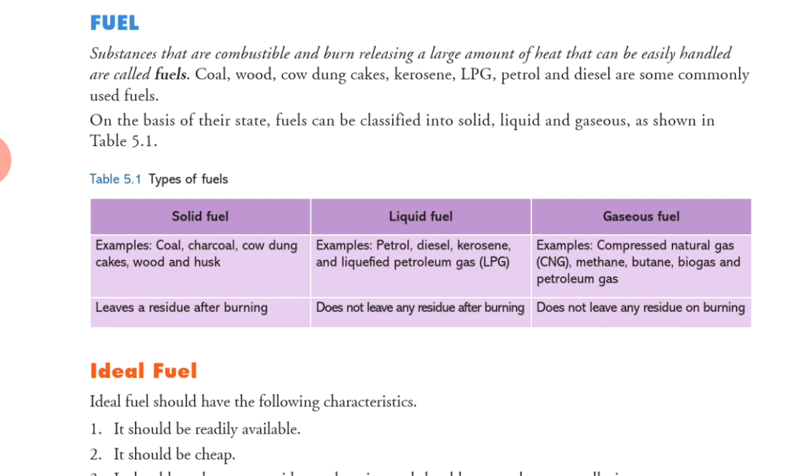conditions like the presence of a combustible substance, air or oxygen, and next was the ignition temperature. And we also studied the flame, with the candle example. We discussed the three parts of a flame: the outer zone, the innermost zone, the coolest zone, and the middle zone, the hottest zone, we studied over there.